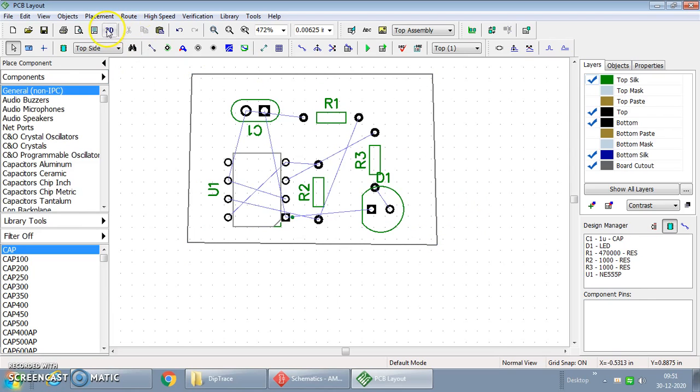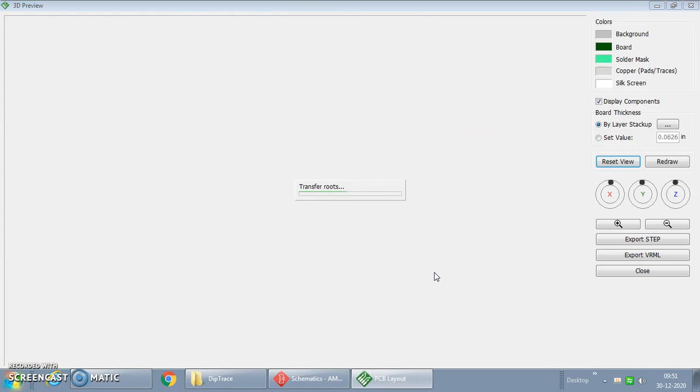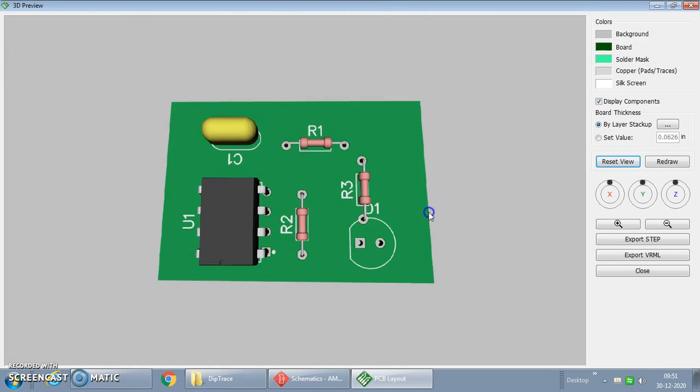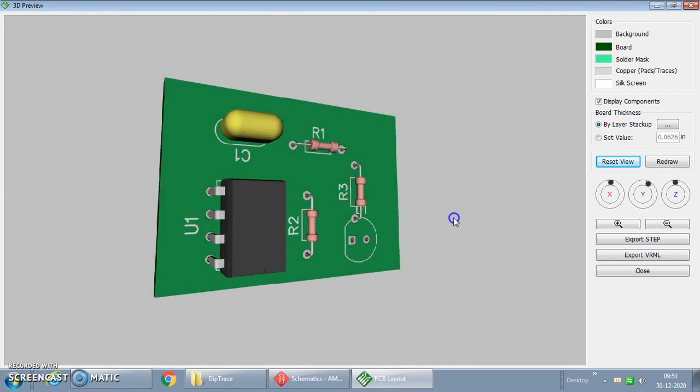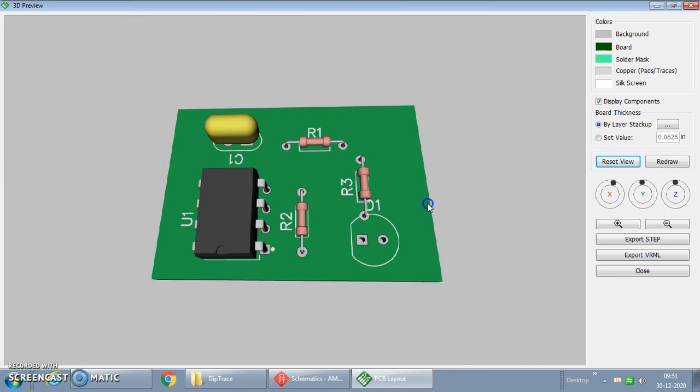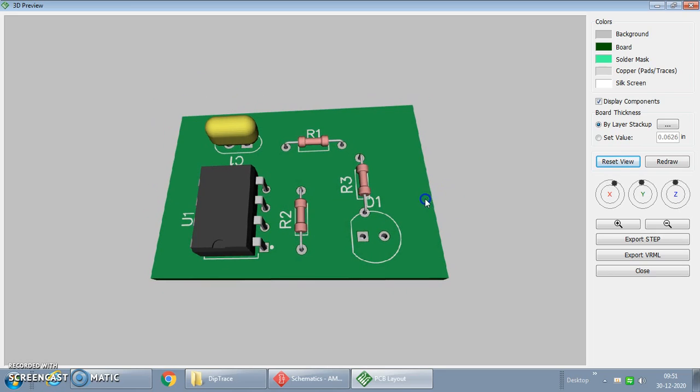But the important part is, if I now go for the 3D structure, it shows along with the 3-dimensional diagram. Yes, this is how it looks. On the back side it would look like this, and this is the PCB board with a green background. In continuation with this, we'll continue with the designing of the